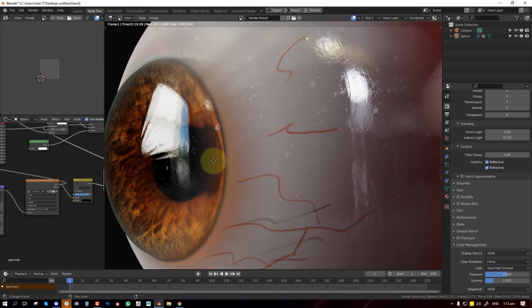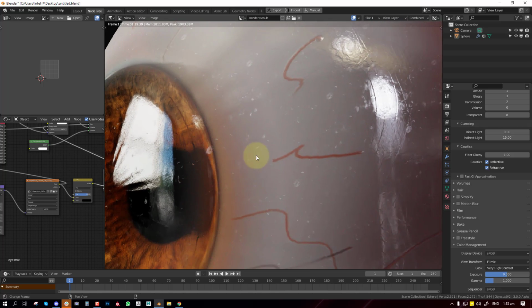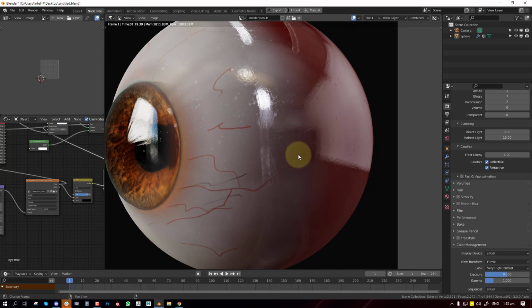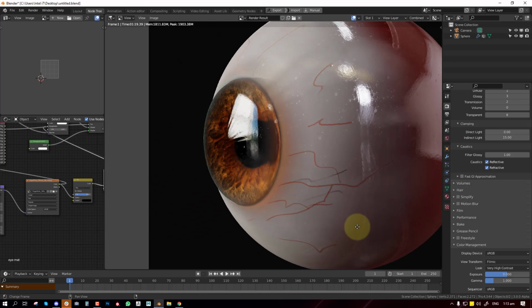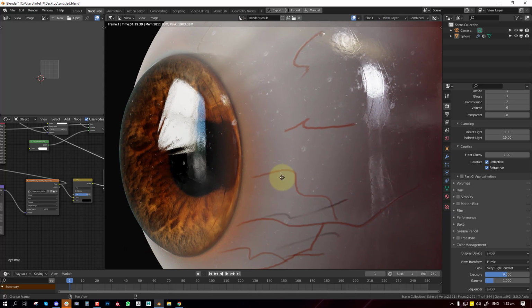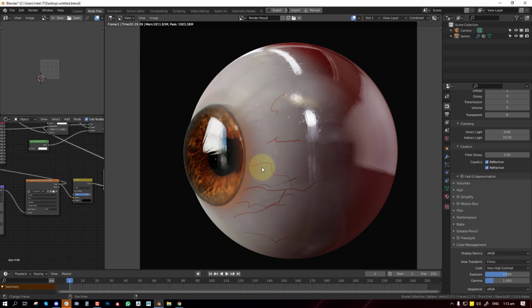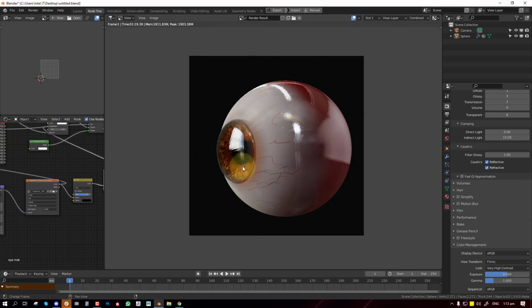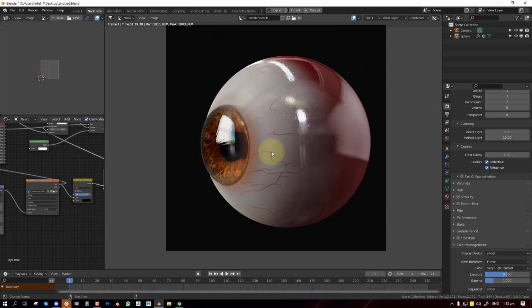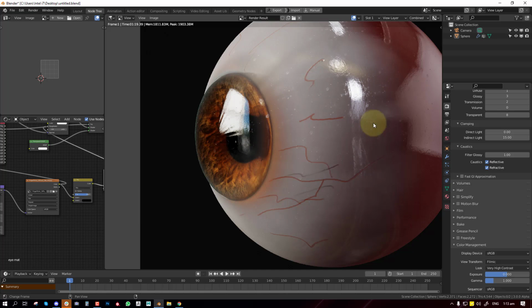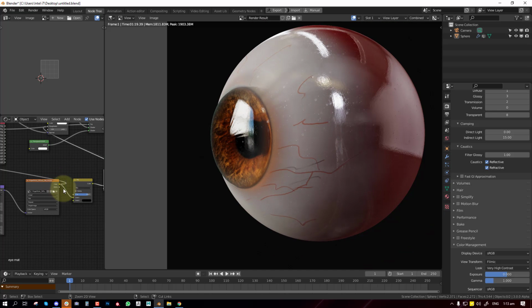So it's done rendering, as you can see. This is the result. You can still take your time, especially when creating the vein, to match the art style you're going for, or the reference which you're working from. Tweak it some more to get a better result. I'll go ahead and create a quick animation so that we can see it in 360.